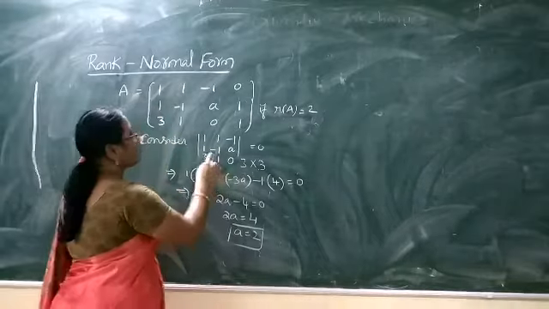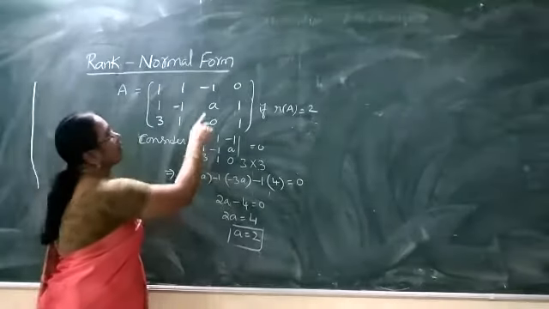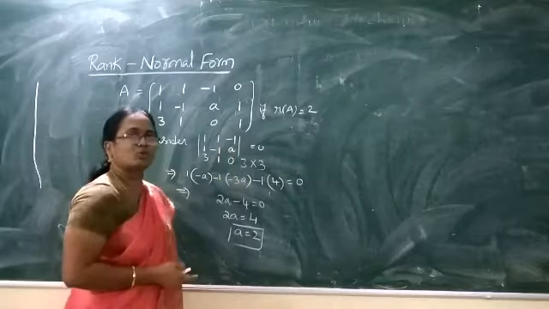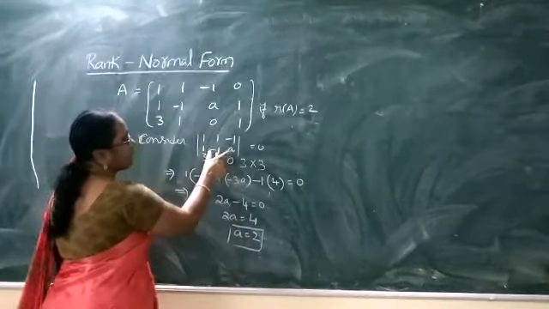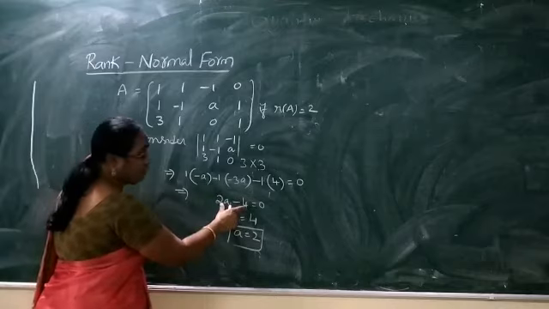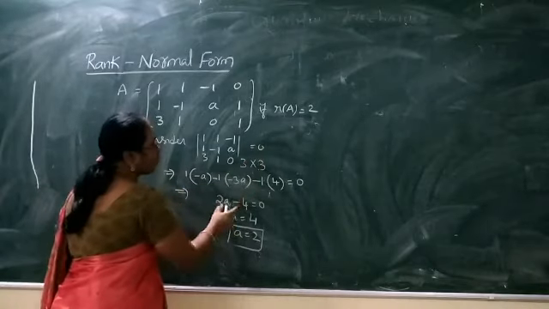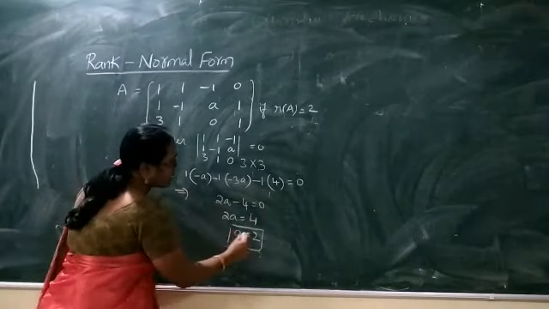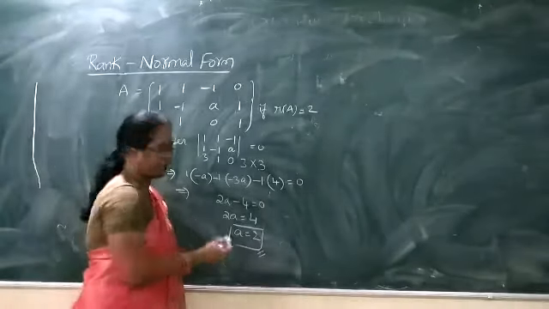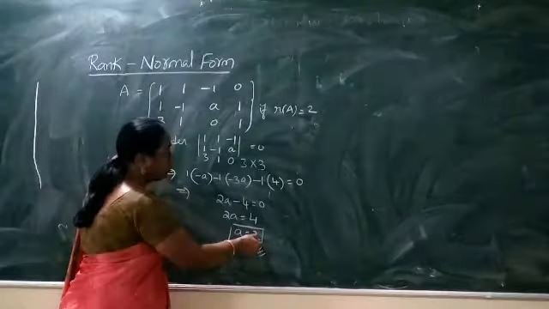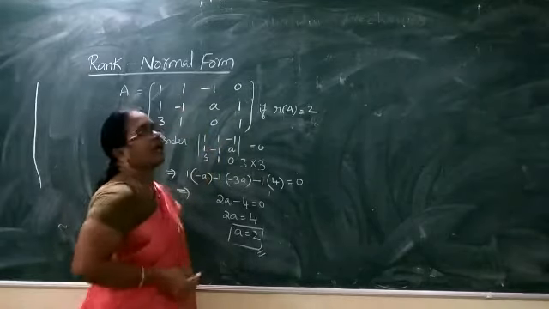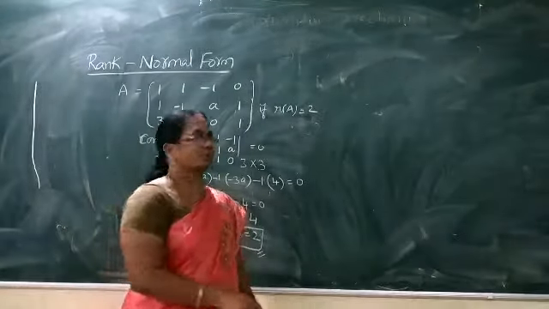And we have considered one of the third order minors of the given matrix, including the unknown constant because it has to be calculated. By calculating this third order minor, we got the value 2a minus 4. Because it must be 0, we have 2a minus 4 equal to 0, giving us the value a equal to 2. So this is our required value of a, which is 2, for the given matrix, so that it possesses the rank value equal to 2.